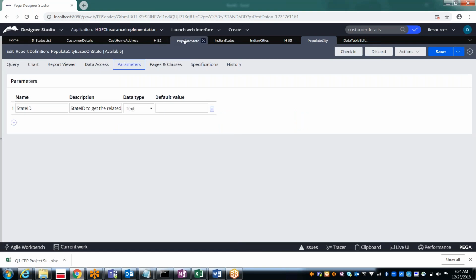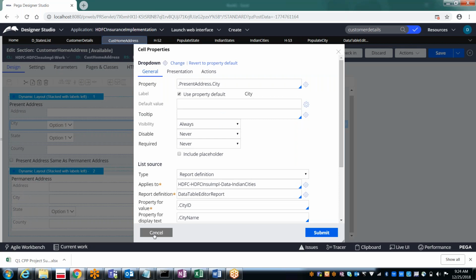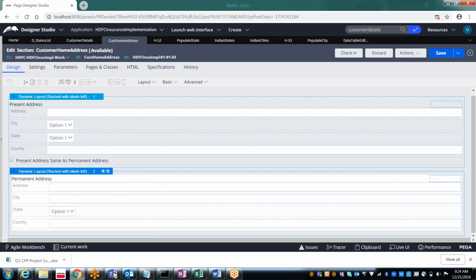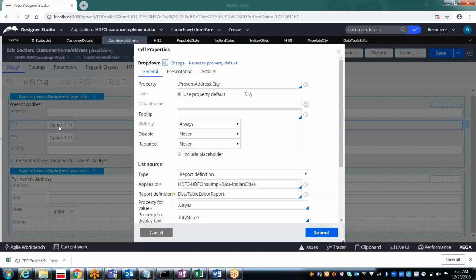Clear? Yes. Nice. So now what is the next step? We have created two report definitions. After creating them, here we need to update it. Earlier for the city, what did we select? We selected the data table editor report, which simply populates all the records.